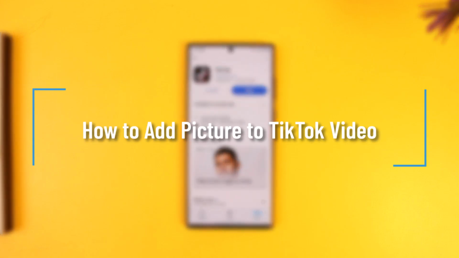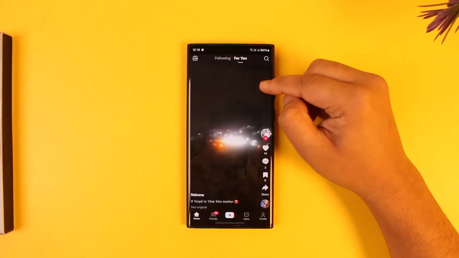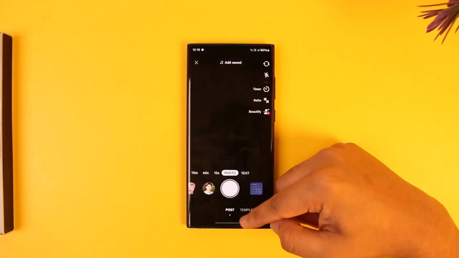How to add picture to a TikTok video. Now it's very simple as to what you're talking about. If you're talking about adding a picture to a TikTok video, let's say you're trying to upload a video right